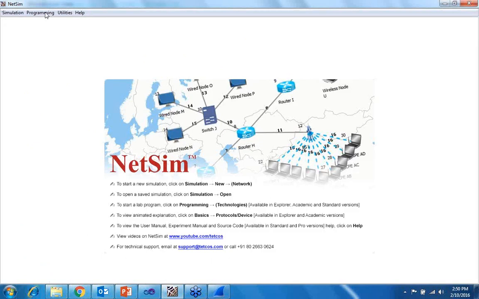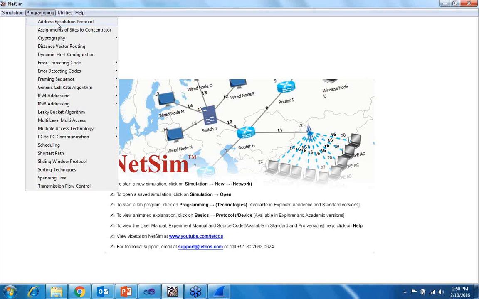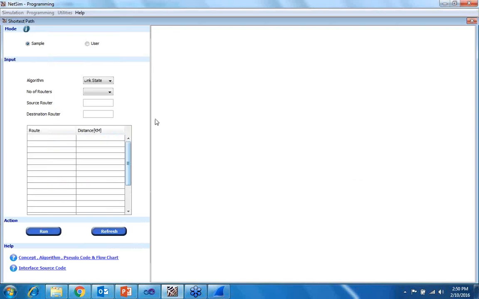Apart from this simulation, we have some programming exercises for ARP, cryptography, DVR, error coding and detecting, scheduling, PC to PC communication, and shortest path. If you click on shortest path, it has some sample programming given, with some source code. So you have to select